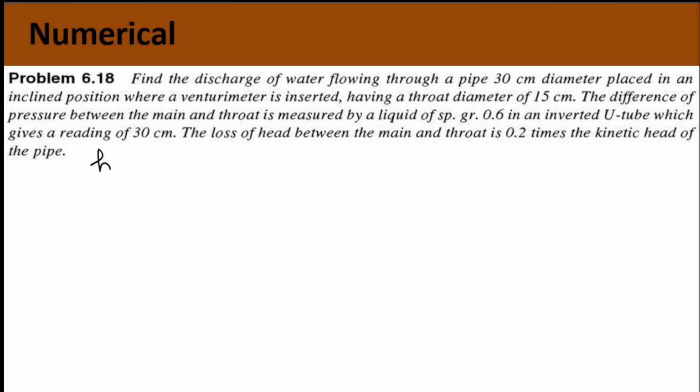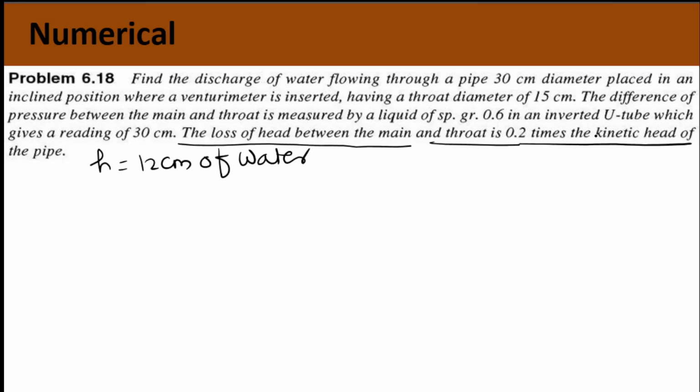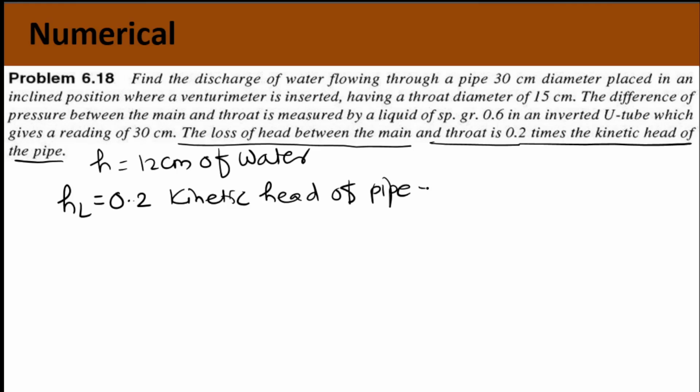So we got the value of H as 12 centimeter of water. Now in the numerical, if you look carefully, the loss of head between the main and the throat is 0.2 times the kinetic head of the pipe. So as I started this video with the Bernoulli's theorem with the losses, here I can write out that HL, head loss, is equal to 0.2 into the kinetic head of pipe. So that can be written as